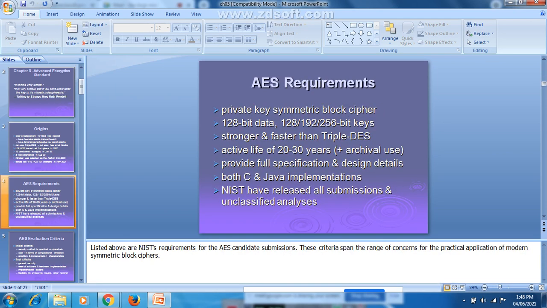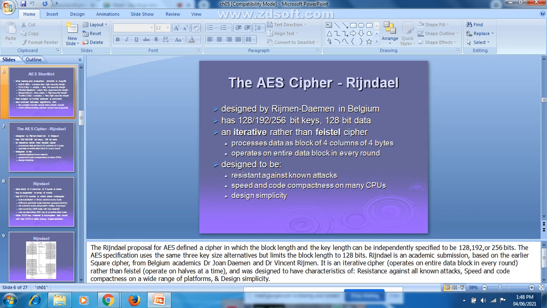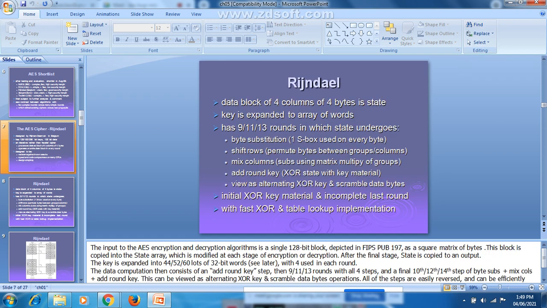What all the requirements are with respect to the AES. Along with that, we have seen that among 15 proposals that came, 5 were shortlisted, all the algorithms were tested and evaluated, and lastly the Rijndael algorithm was accepted as the AES algorithm. On what basis? That everything we have